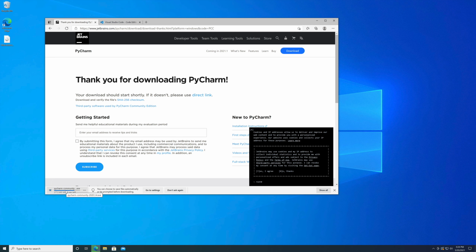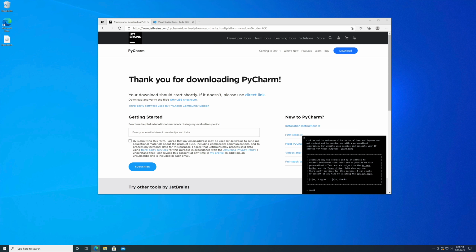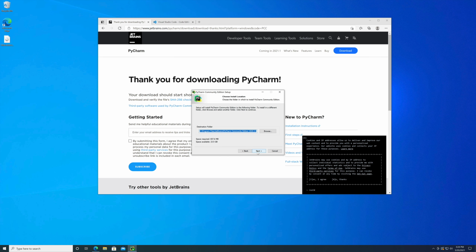Normally in Python, any interpreter works. It's just that these are the better ones. You can even use the command prompt to run your Python code, but PyCharm has the best features of all these applications. It can help you find bugs and code faster. So just use PyCharm. Click next, and click next.